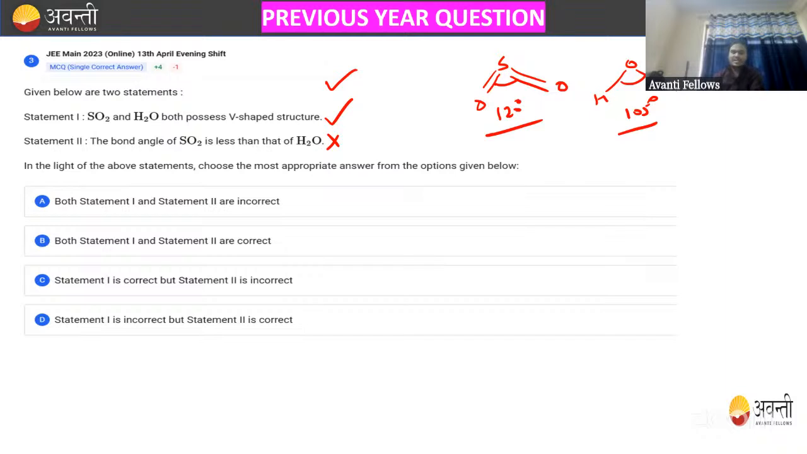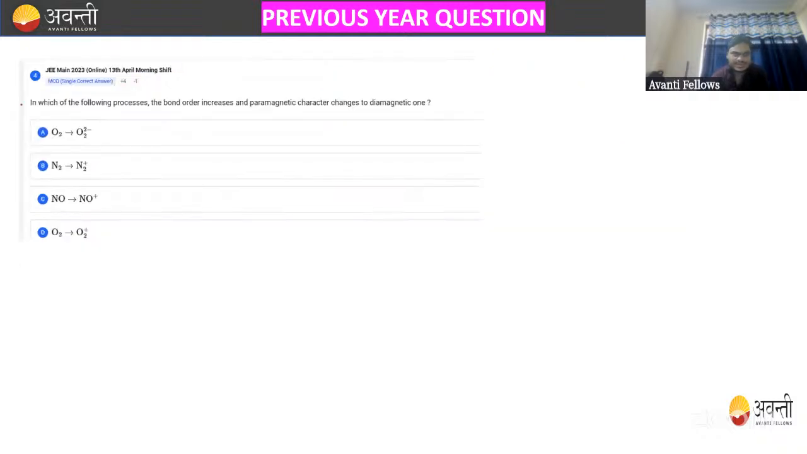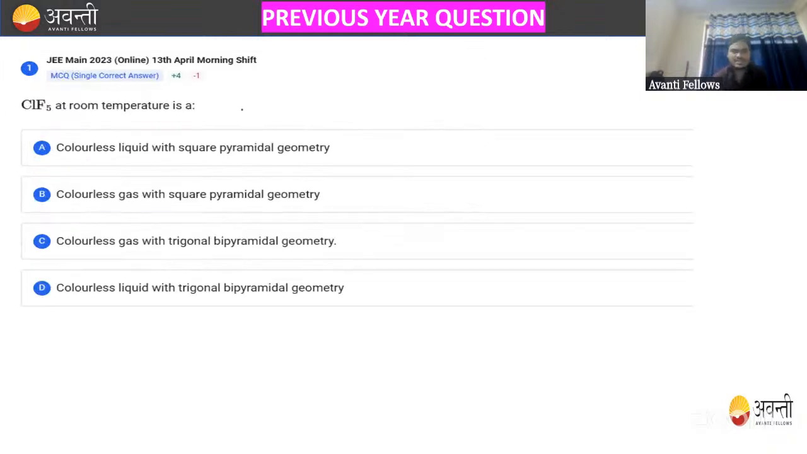But statement one is absolutely correct. So we can say that statement one is correct, but statement two is incorrect. तो ये correct हो गया। Now next, in which of the following process the bond order increase and paramagnetic character changes to diamagnetic one? So ये वाला क्वेश्चन हम जब करेंगे जब हम लोग बॉन्ड ऑर्डर पढ़ लेंगे, मीन्स एमओटी पढ़ लेंगे, ठीक है? तो अभी एमओटी करेंगे, उसके बाद इसको करेंगे। तो मूव टू द नेक्स्ट।